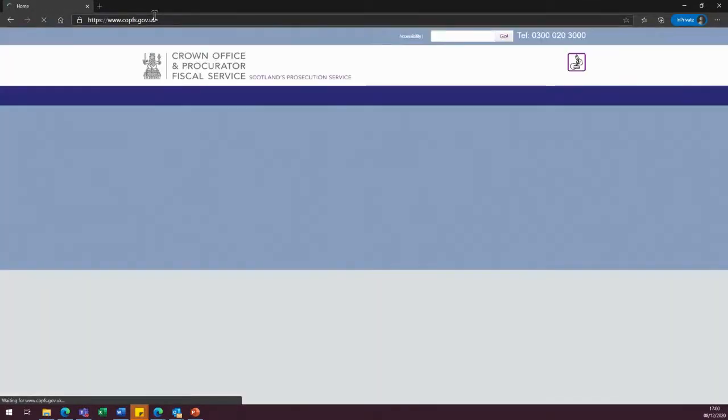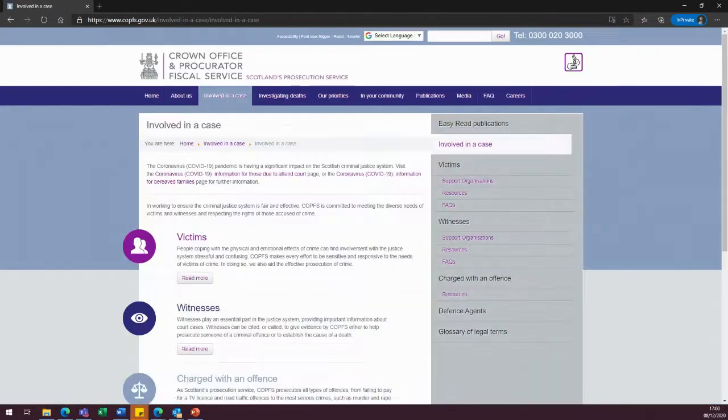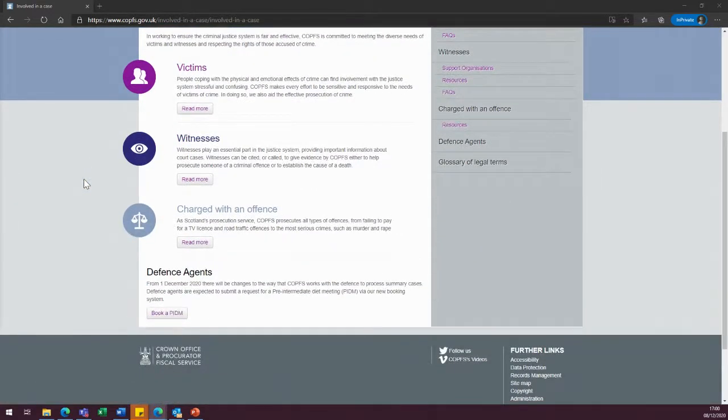enter. Once on the COPFS government website, if you could click on the Involved in a Case tab, then if you could scroll down to the bottom to the Defence Agent subheading, there should be a Book a PIDM button. If you can click this Book a PIDM button,